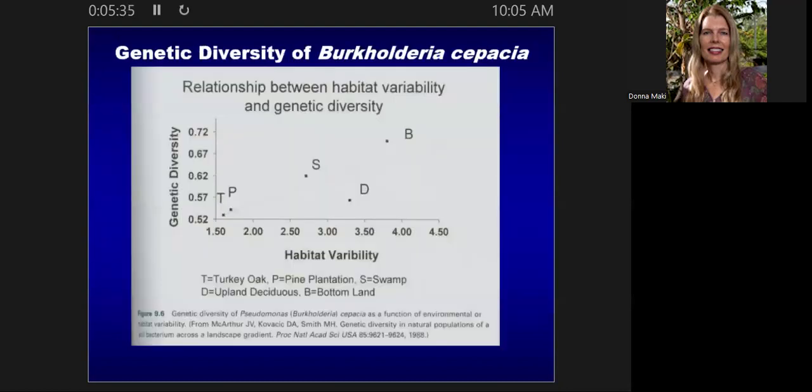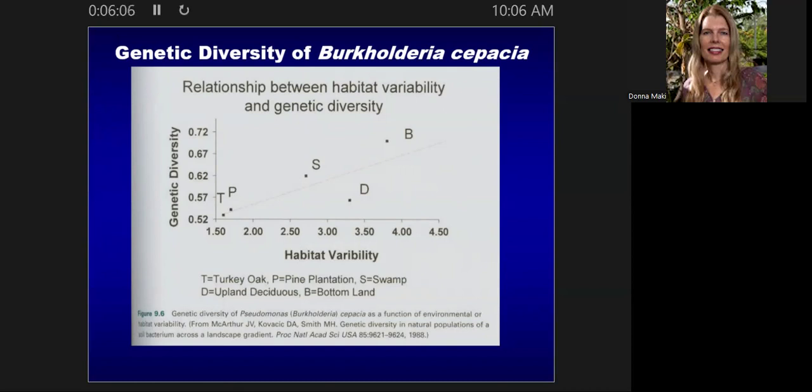Here you're looking at just one species. This is Burkholderia cepacia. It used to be called Pseudomonas cepacia, but they reclassified it into the genus Burkholderia. Anyways, here you're seeing habitat variability on the x-axis. So as you go out to the right, it gets more and more variable. Oh, I see they spelled that wrong. Forgot the A there. Habitat variability, and then genetic diversity on the y-axis. And you can see there's this nice